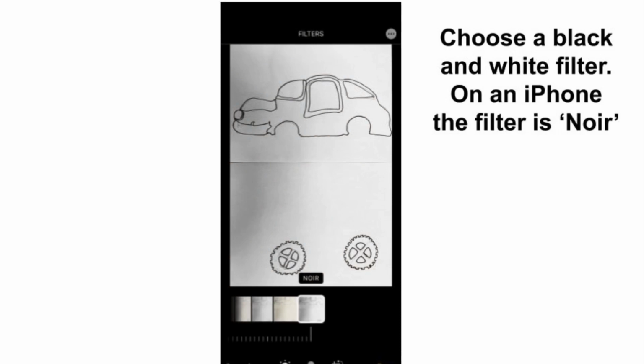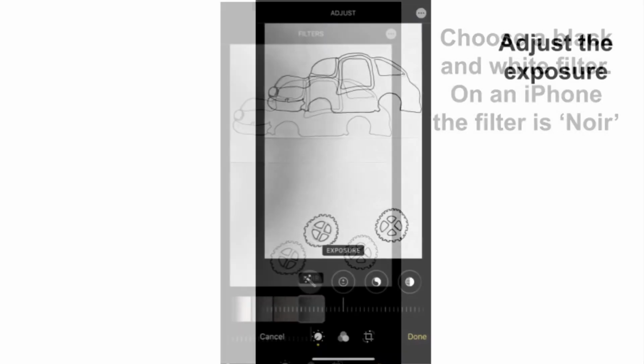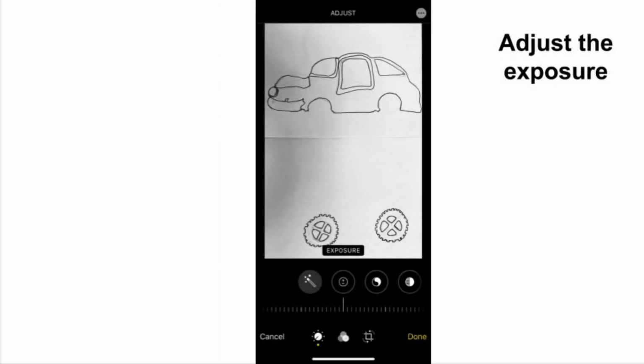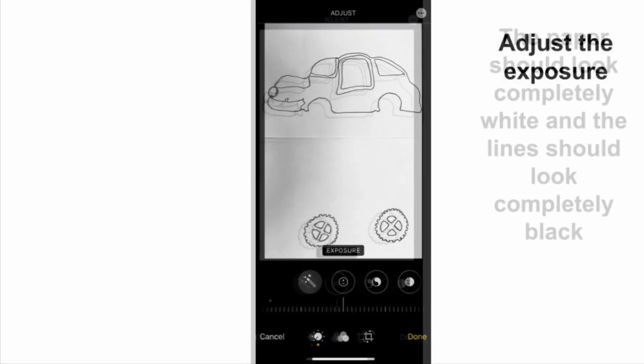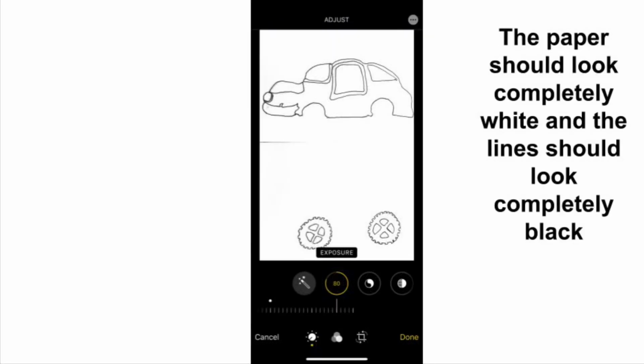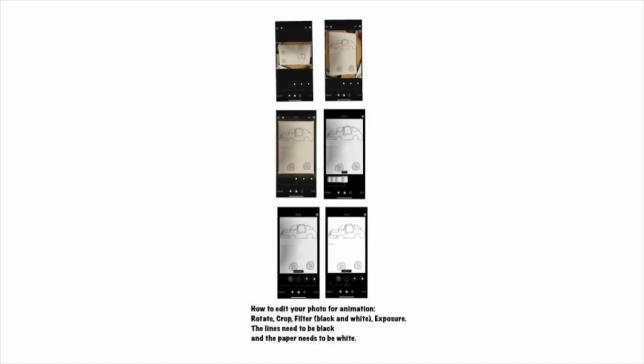I need a black and white filter. On an iPhone, that filter is noir. So I click noir, and then the next thing I'm going to do is adjust the exposure. I want the exposure a lot higher so that the background is pure white. So once I've got the black lines as black, the background as white, I'm going to save my image,